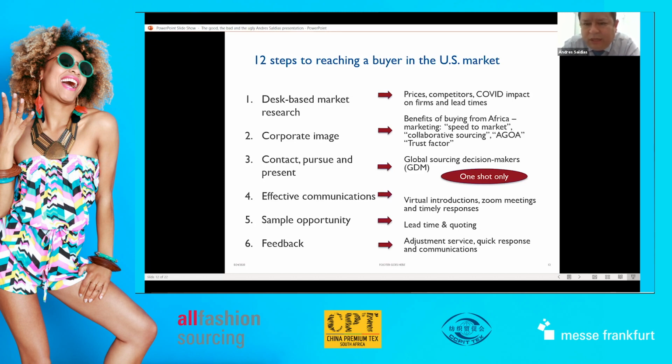And the most important one, and this is the factor that I struggle with every time I make a call to a potential buyer, is the trust factor. They are very clear, and they say, why would I give my business to a factory in Africa rather than China that I've been working with, or Central America that I know is close to us, or Egypt, or Indonesia, or Vietnam, or Bangladesh? Would I switch my business from them to you? Do I trust Africa? Can they ship on time? Can they have speed to market? And that's the lack of information.